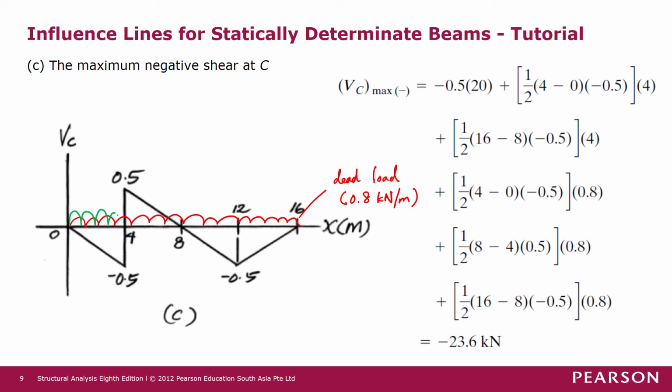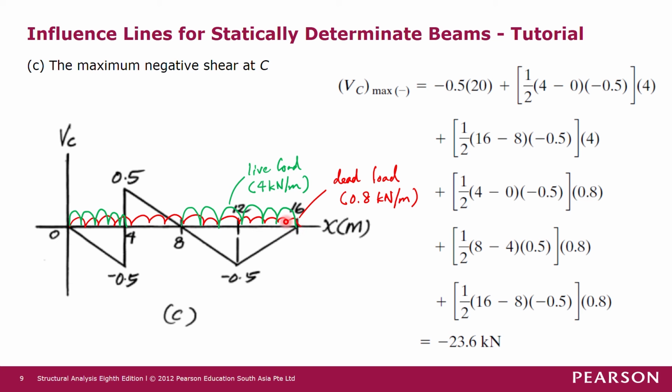So we can place the 4 kilonewton per meter length force there. And also we have negative values from 8 to 16 meters. So we can place the uniform live load of 4 kilonewton per meter length from 8 to 16 meters as well. So these are the live load with intensity of 4 kilonewton per meter length, placed from 0 to 4 meters and from 8 to